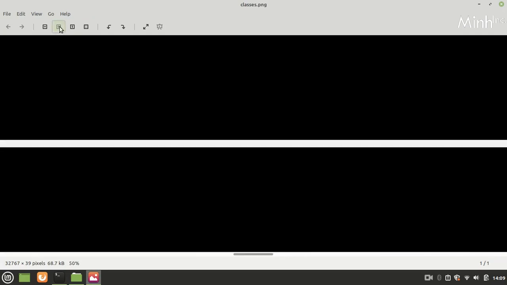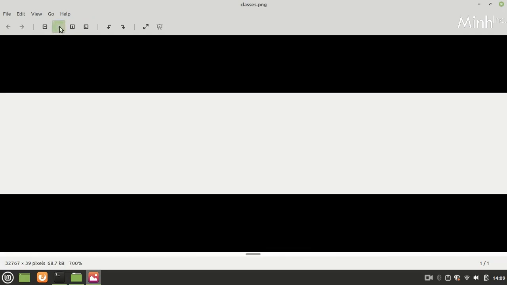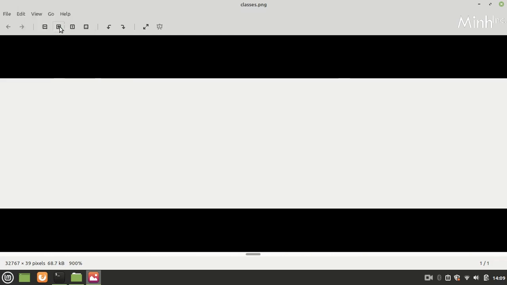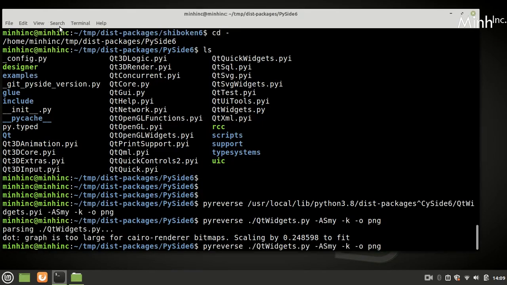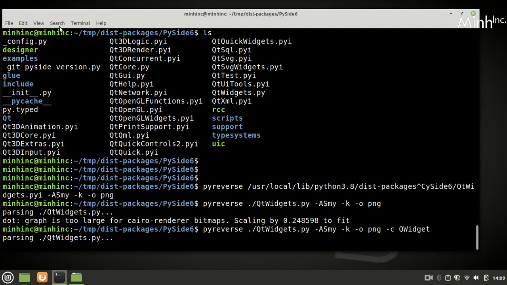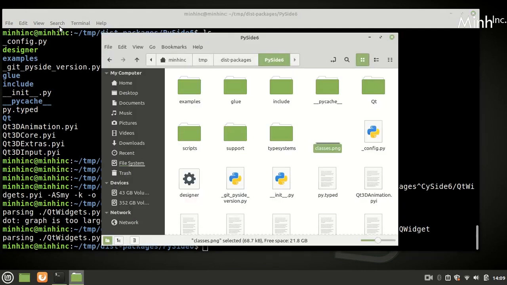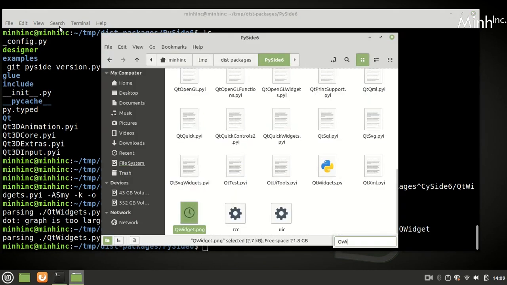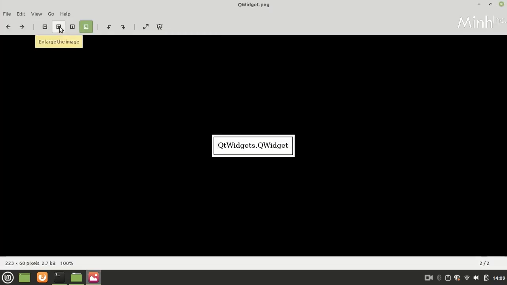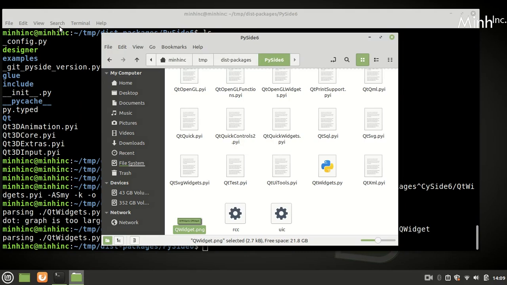Okay, I don't know what is inside. So it is quite a big file and it's an empty file. There is nothing here. We can try with the drawing for a particular class called QWidget. It will come in a file called qwidget.png. Okay, so there is nothing here. Only the class name is there. What is the problem?